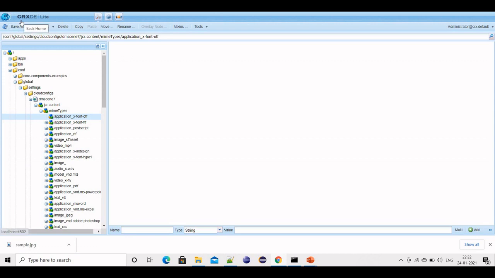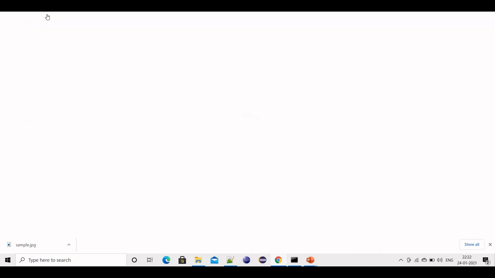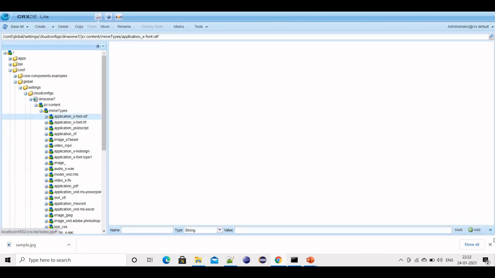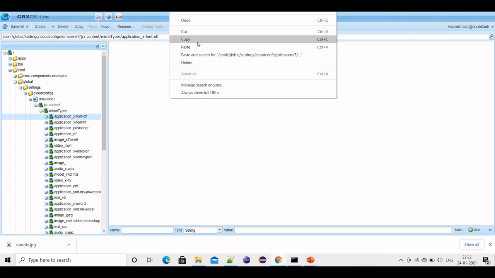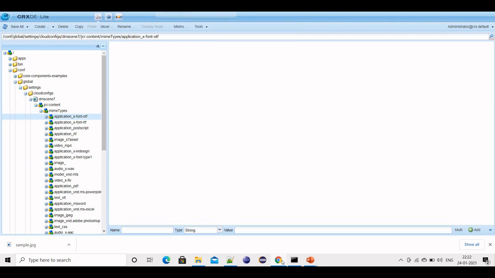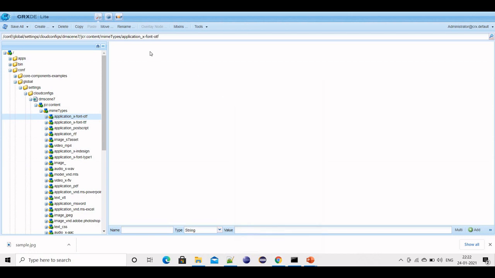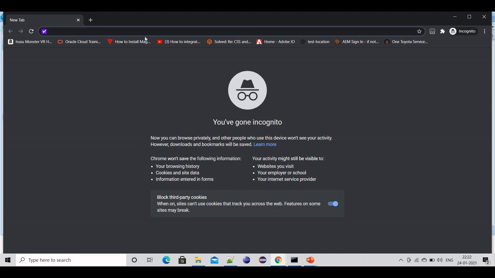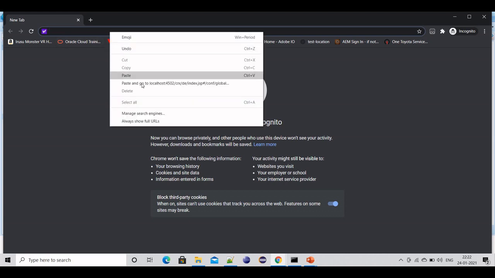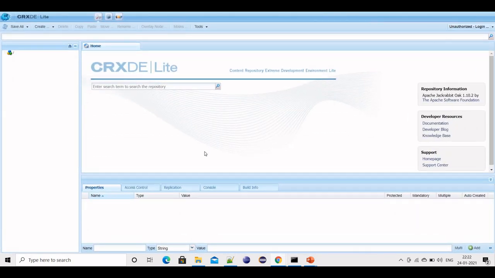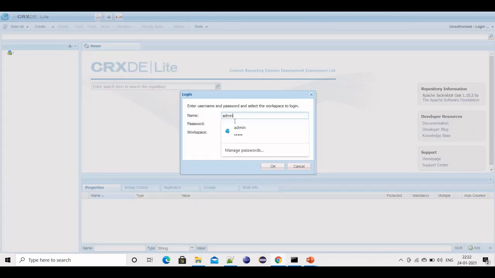Just a minute, let me refresh it. Let me open it in incognito. Sometimes Chrome behaves very randomly. We'll just log into Chrome.